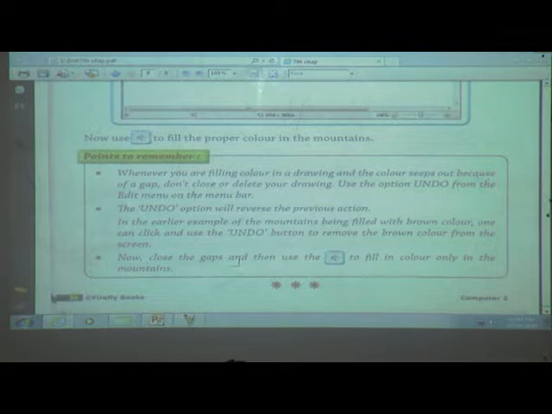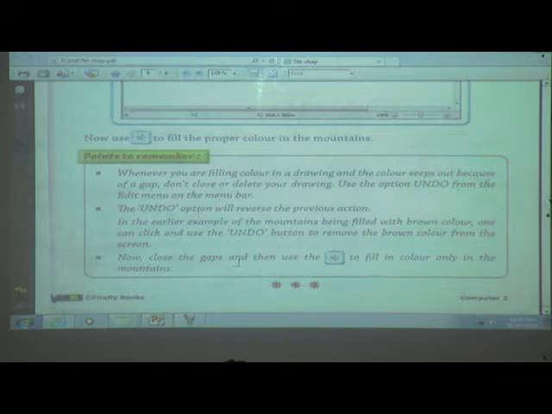Now, a point to remember. Whenever you are filling color in the drawing and the color spreads out because of the gap, don't close or delete your drawing. Use undo from the Edit menu on the menu bar.